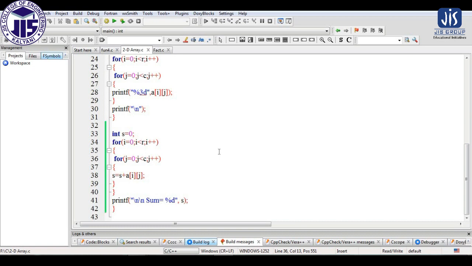The difference between 1-dimensional and 2-dimensional arrays is that in case of a 1-dimensional array, we have a fixed number of rows and a variable number of columns. But in a 2-dimensional array, the number of rows and the number of columns are both variable. That's why to perform operations on a 2-dimensional array, we need the concept of nested for loops, where the outer for loop will represent the number of rows and the inner for loop will represent the number of columns, which was not required in case of a 1-dimensional array because there the number of rows was fixed, not variable. So using only one for loop, that is the for loop for the elements or for the columns, we can perform operations on a 1-dimensional array.